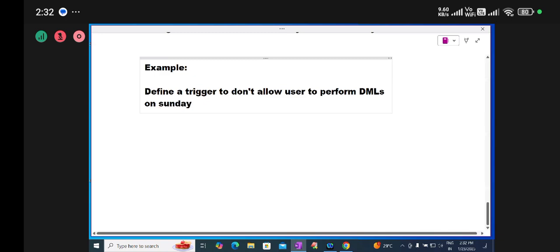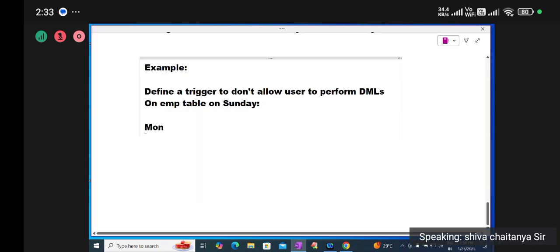Okay. Define a trigger to perform DMLs. Define a trigger to not allow users to perform DMLs on the EMP table on Sunday. On the EMP table on Sunday. This is our requirement. If any user is working from Monday to Saturday, the working days,